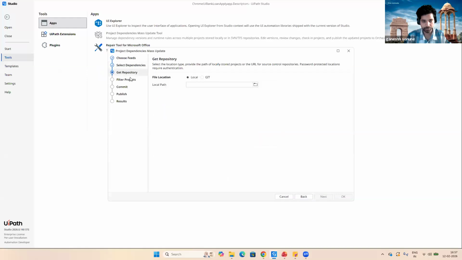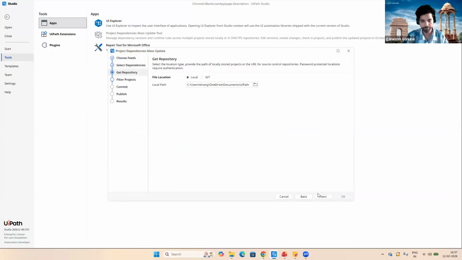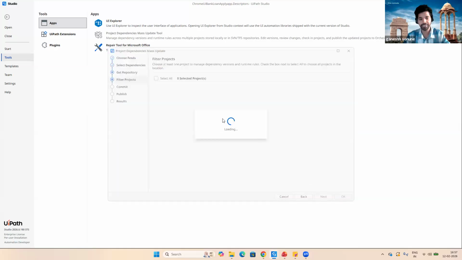and do next. So you want to do local, or you want to use the git, you can choose as per your requirement. Then I want to select the UiPath folder because I have multiple projects in that.